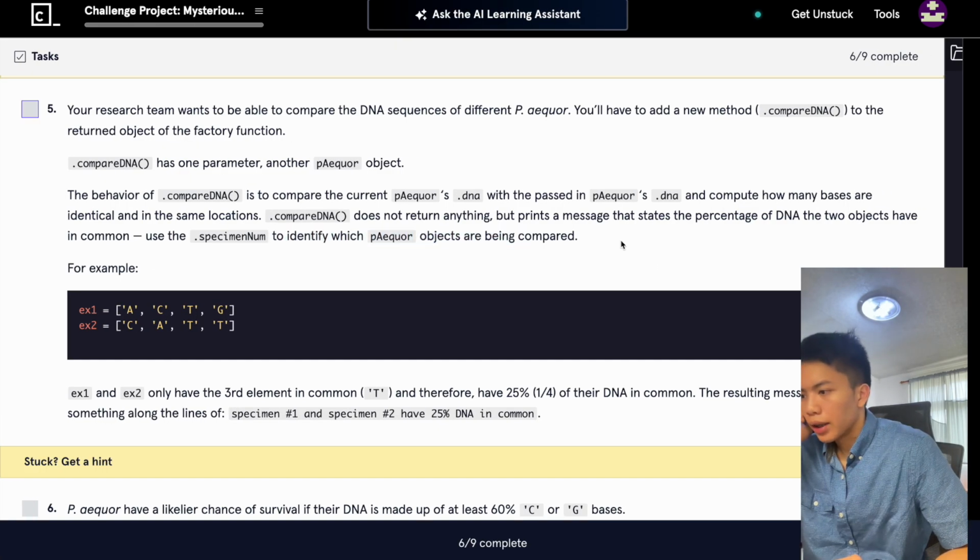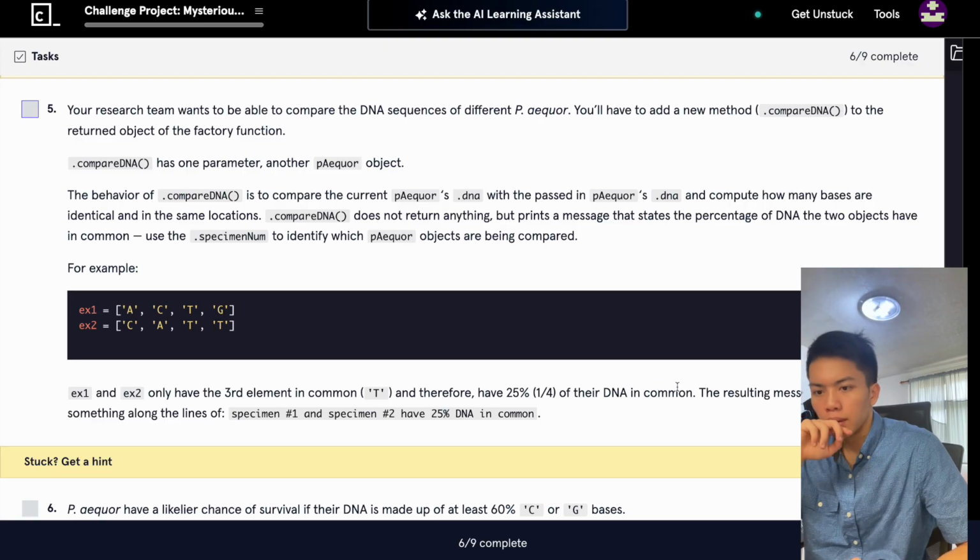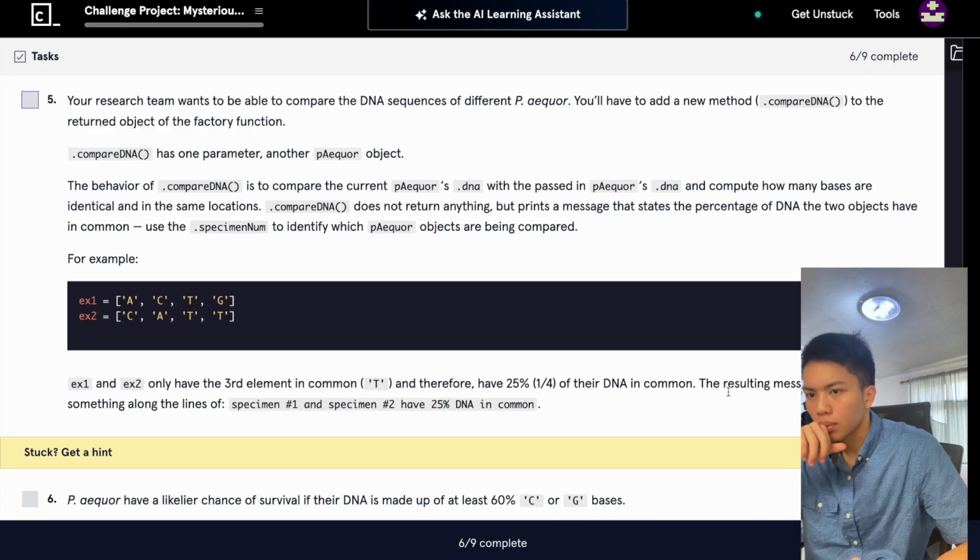For example, ex1 and ex2 only have the third element in common, T, and therefore have 25% of their DNA in common. The resulting message will read something along the lines of, and compute how many bases